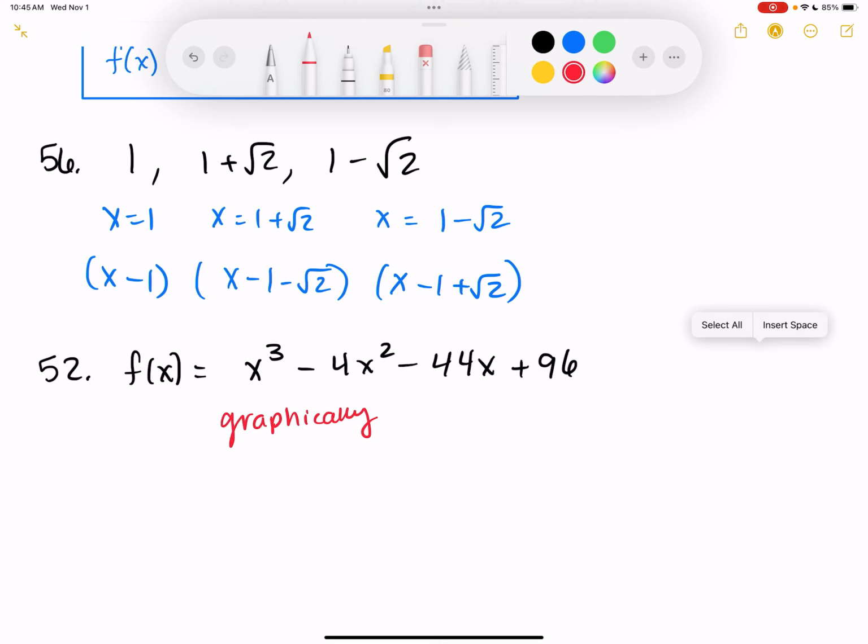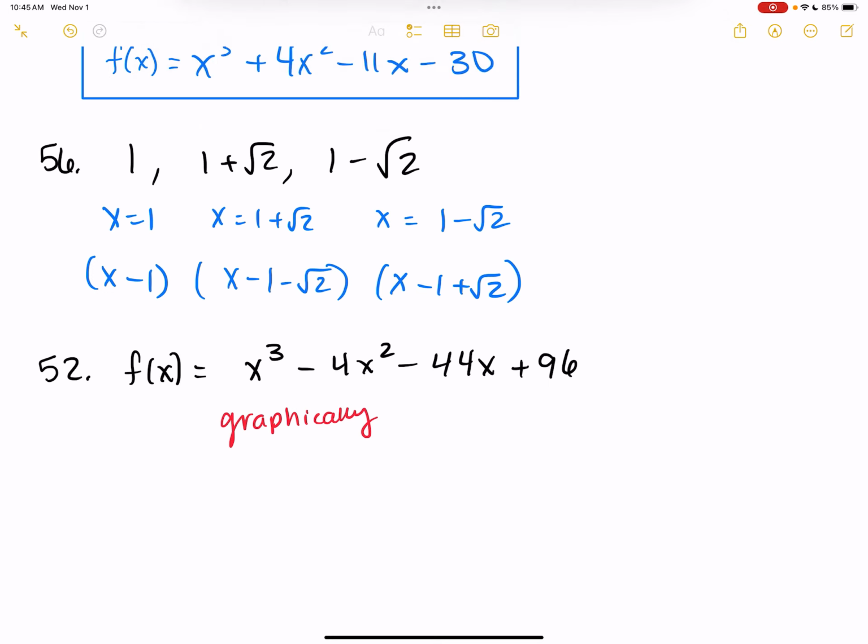So I'm going to have 3 zeros with this one. Okay, so the graph, obviously, when you do Zoom 6, you can't see the entire graph on your screen because, well, it's really big, to be quite frank. So all I care about, though, is where it crosses the x-axis. That's my zeros that I'm looking for. And so all I need to do is be able to see this part of the graph right in here